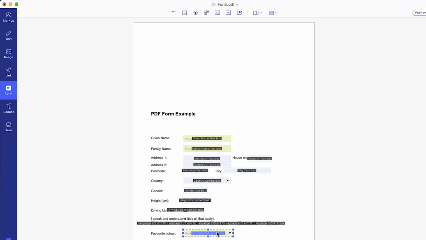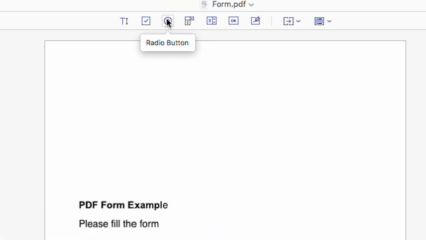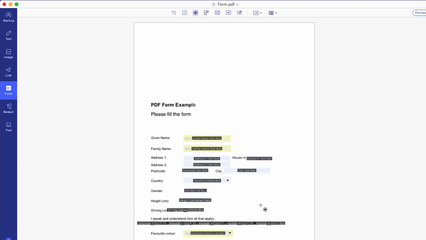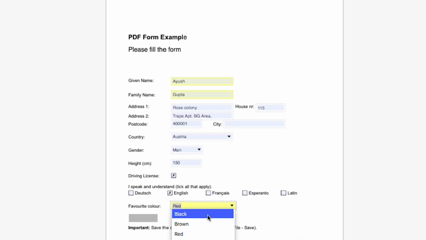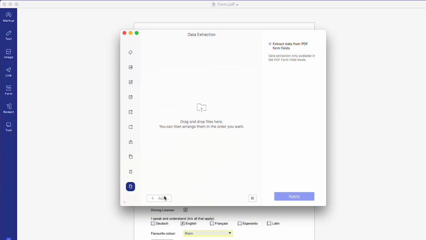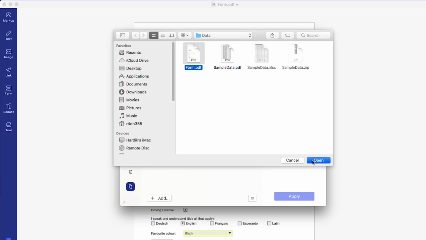Another cool thing you can do is edit forms by clicking on the field and moving it. Or you can also add your own fields. All you do is on the top bar just choose the kind of boxes you would want to add, whether it's a checkbox, text field or a radio button, and just drag and drop. It's that easy.